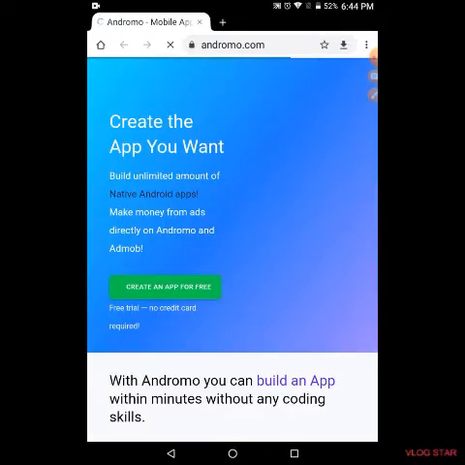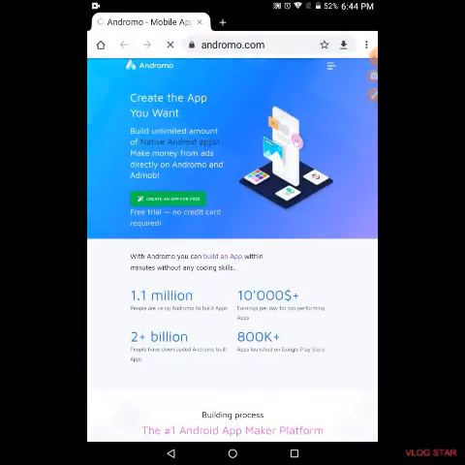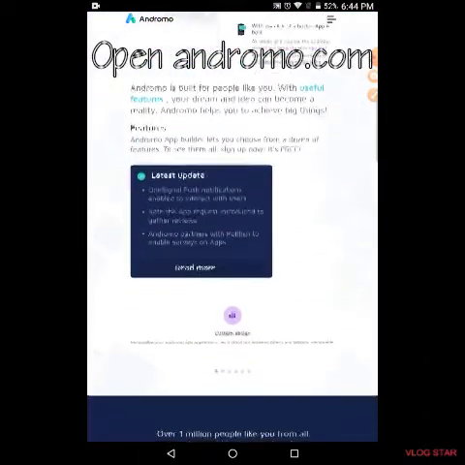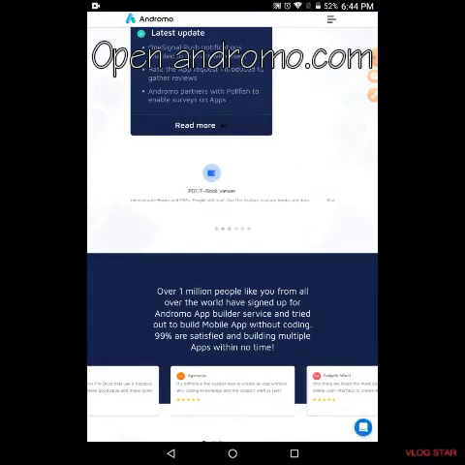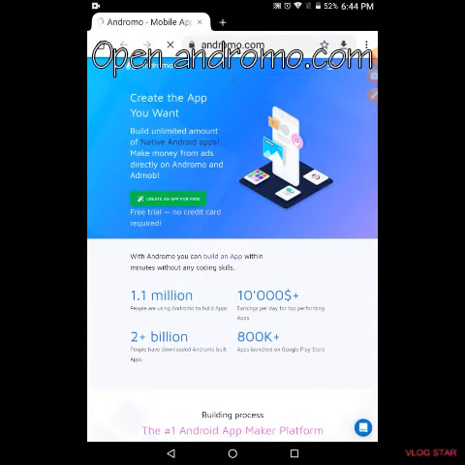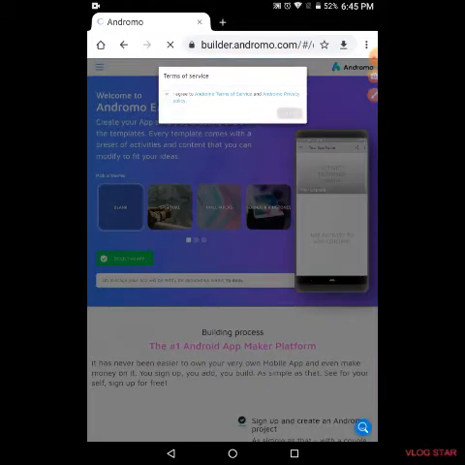Search Andromo.com and click on create an app for free. Then click on I agree and confirm.